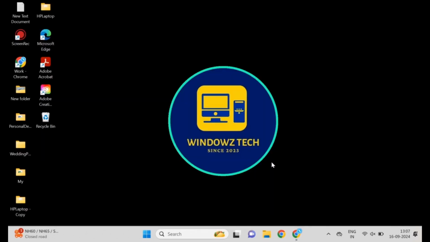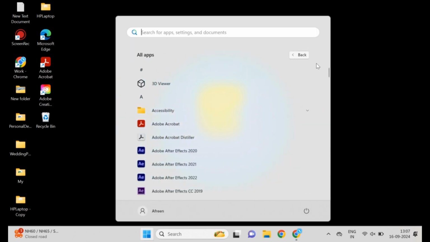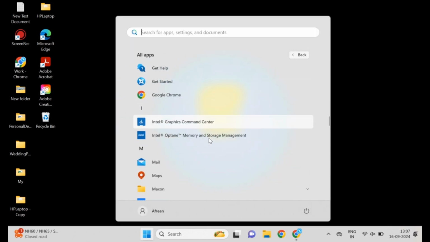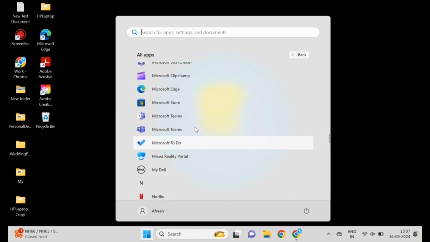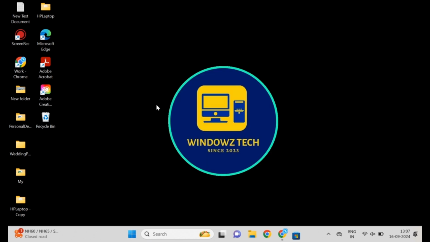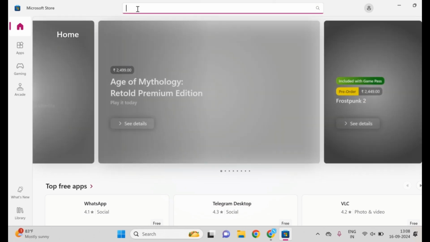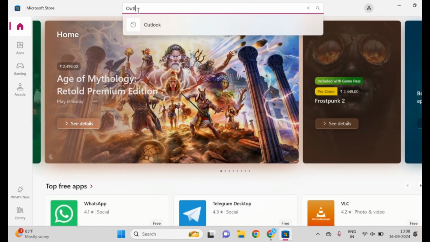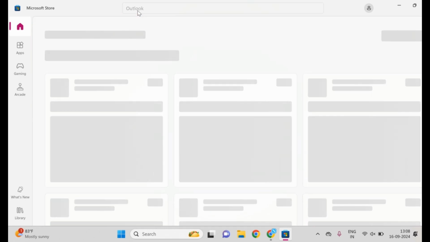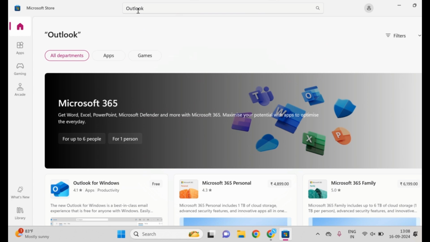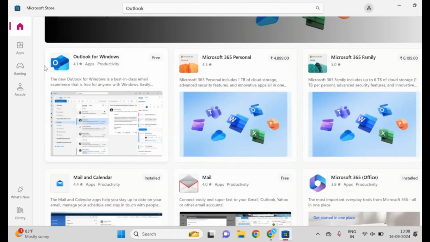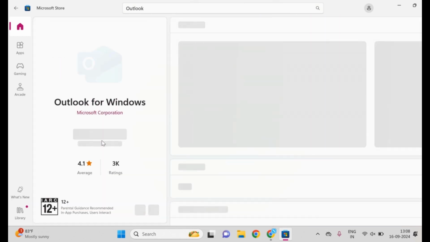Step 2. Downloading Microsoft Outlook from Microsoft Store. If you are on Windows 10 or 11, an easy way to download Outlook is directly from the Microsoft Store. So search for Microsoft Store, click on that, click in the search bar, type Outlook, hit enter, and scroll down. You can see here you have Outlook for Windows. Click on that,